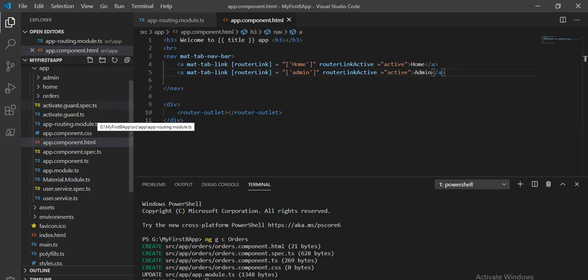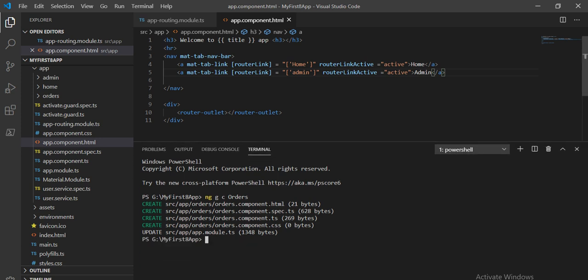Next, we have to create a CanDeactivate route guard. For that there is a command, as I explained a little before: ng g g for guard, and I'm going to give the name can-deactivate.